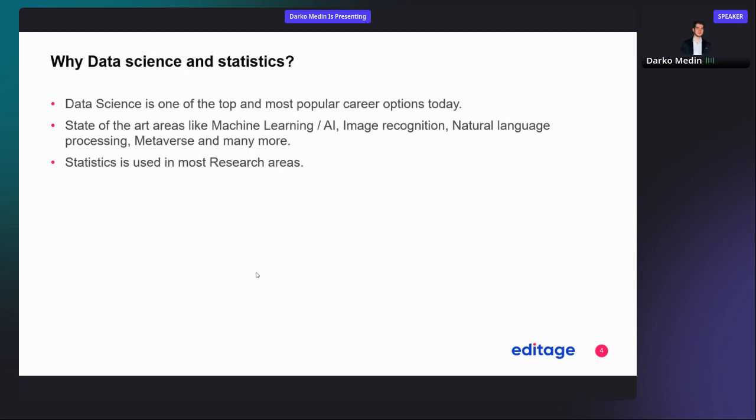As you can see, data science and statistics are very similar terms, and it's very important to clarify when the data science term is more appropriate and when the statistics term is more appropriate. And both of these are very good career options, which will be clearly shown throughout the next